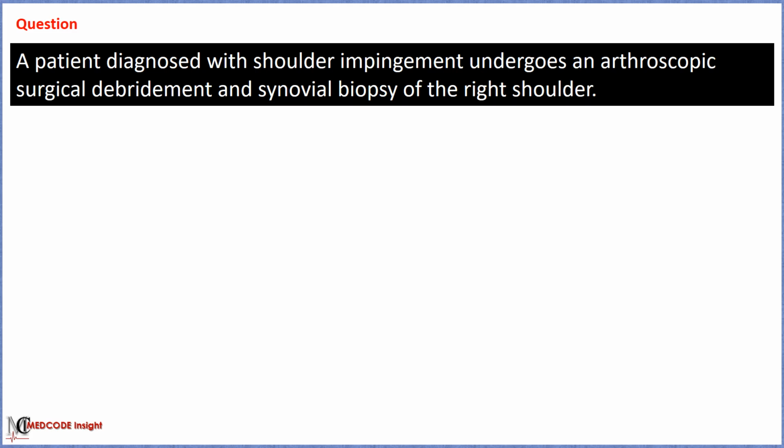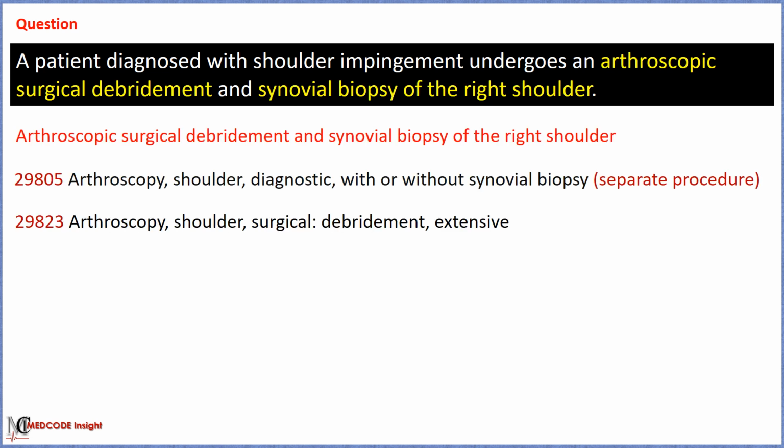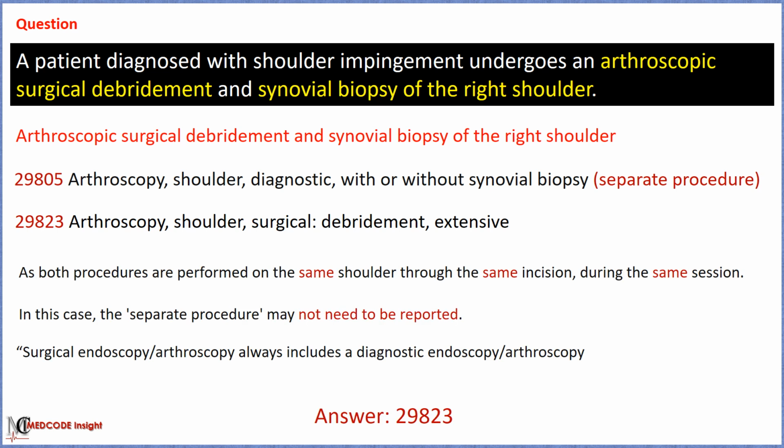A patient diagnosed with shoulder impingement undergoes an arthroscopic surgical debridement and synovial biopsy of the right shoulder. In the given scenario, arthroscopic surgical debridement and synovial biopsy of the right shoulder were performed. Arthroscopic synovial biopsy is a separate procedure that is performed along with the surgical debridement, which is an extensive procedure. As both procedures are performed on the same shoulder through the same incision during the same session, in this case, the separate procedure may not need to be reported. So, in this scenario, our correct option will be